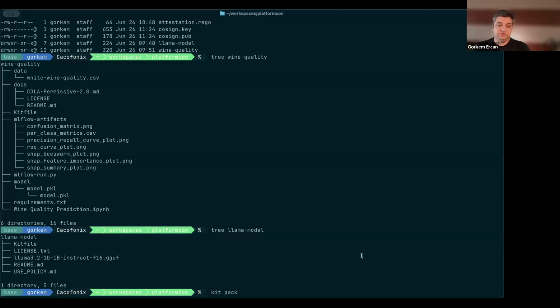And if you are wondering where you can get this wine quality model, it is available on jozu.ml. So you can just do a kit pull and try it yourself as well.